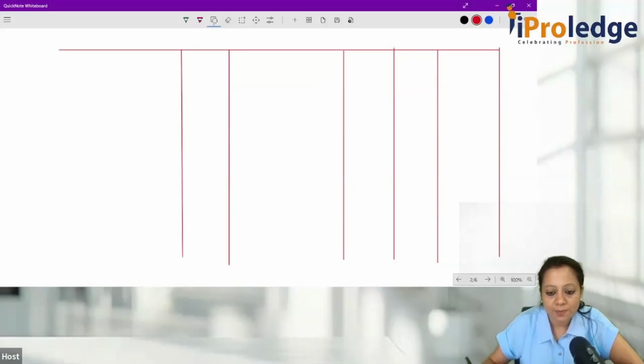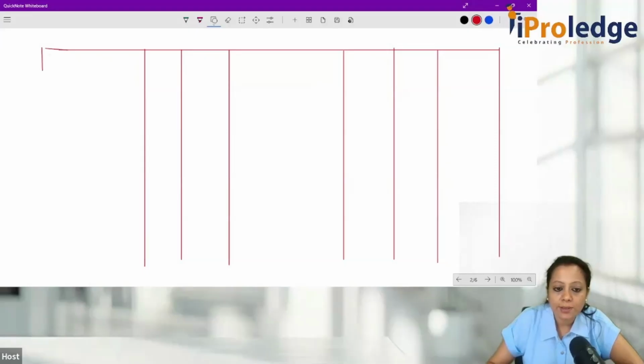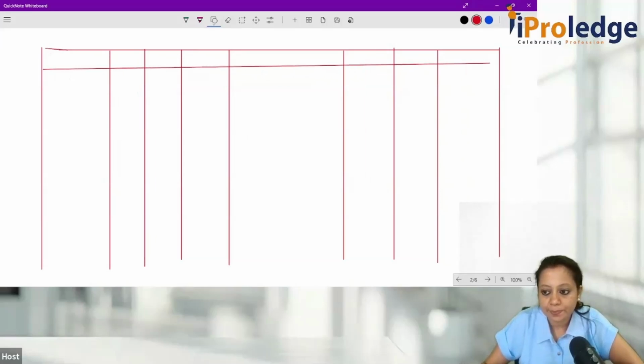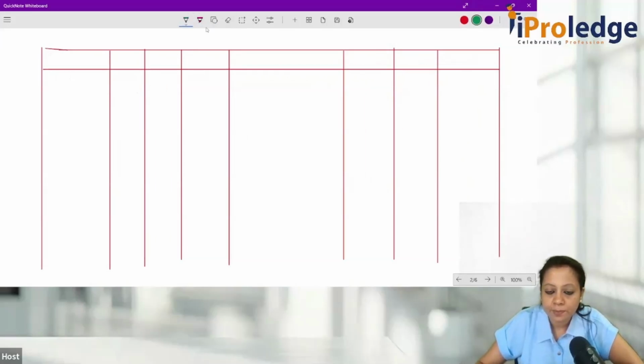Units, rate, and amount. So in this question, I would do the closing stock and also show you how to do that closing stock account ledger. So process A,